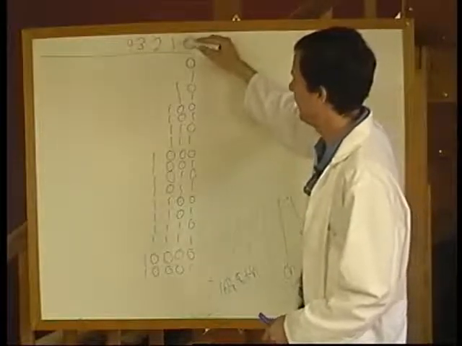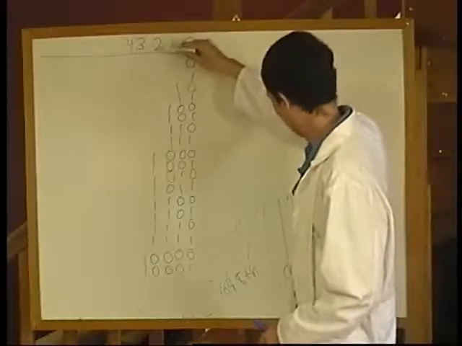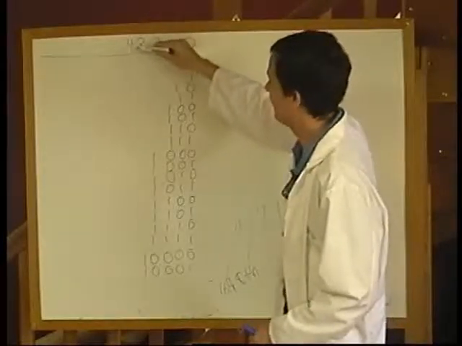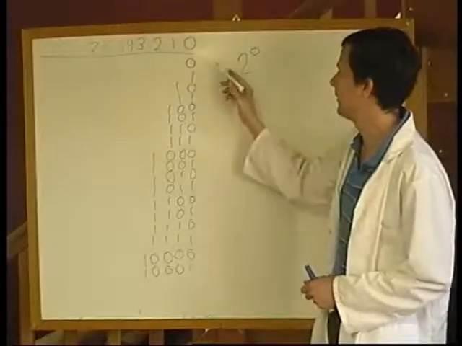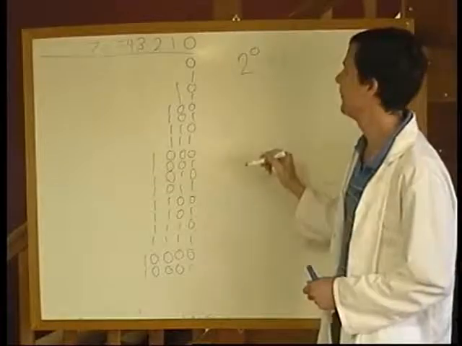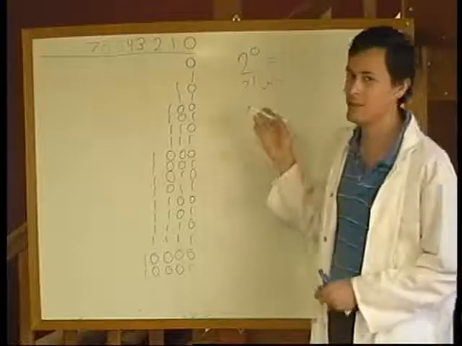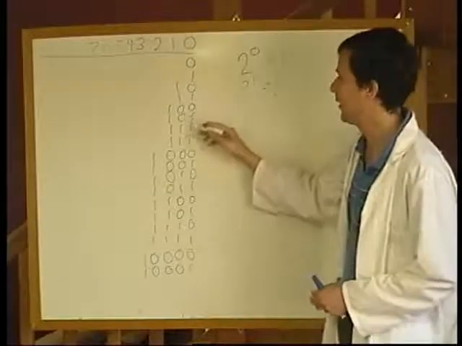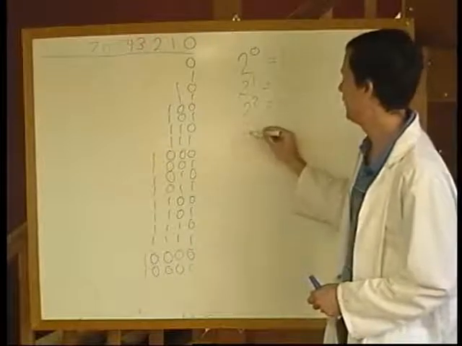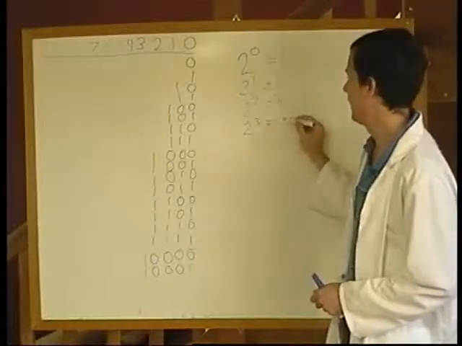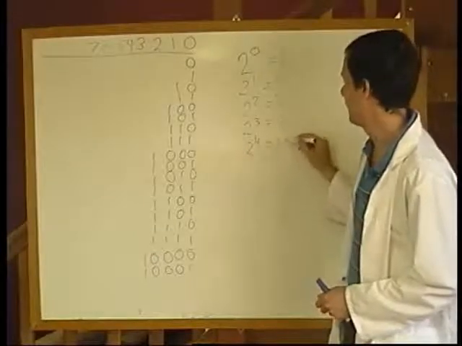Then the next column over would be the first column, the next column over would be the second column, etc. 2 to the power of a particular column number is equal to the effective weighting of that column. 2 to the power of 0 is equal to 1, the minimum counting increment. 2 to the power of 1 is equal to 2, which designates each time that column changes. 2 to the power of 2 is 4, 2 to the power of 3 is 8, 2 to the power